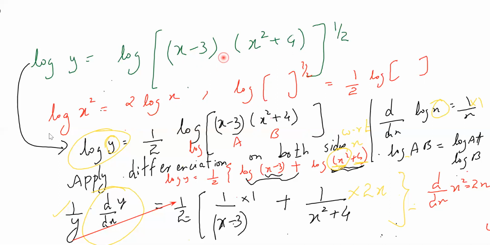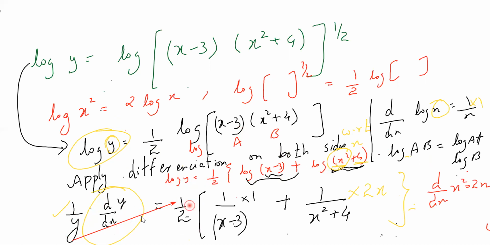So again, I split into what? Log of AB is what? Log A plus log B. Because I only know how to differentiate log A and log B. I don't know how to do this thing. So which means what do you understand from this? We understand from this is whatever formulas we know, we should make sure that we should be able to do that. From that only we have to do further. Coming to this, I made this like this, correct? Log A plus log B. Log Y differentiation is what? 1 by Y. But again, what I told you, a lot of students will miss this part, dy by dx. The most important thing for us to find is what? Dy by dx. If this is not there, they'll give 0 mark.